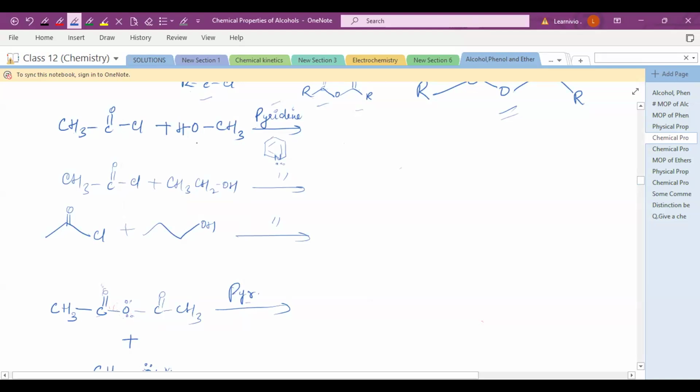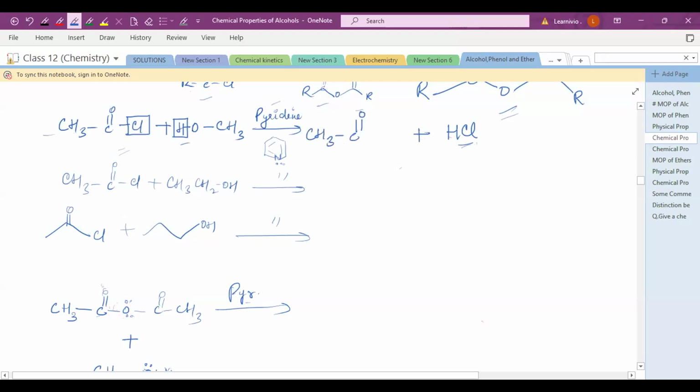So in this reaction, you have to eliminate HCl. From the acid chloride, you have to eliminate the chlorine, and from the alcohol, you have to eliminate the hydrogen. So when you react the alcohol with acid chloride, you eliminate HCl. Hydrogen will be removed from the given alcohol, and the chlorine group will be removed from the acid chloride. So HCl plus this will be